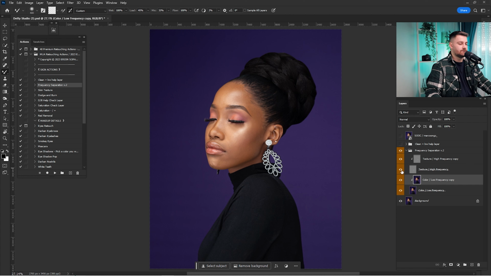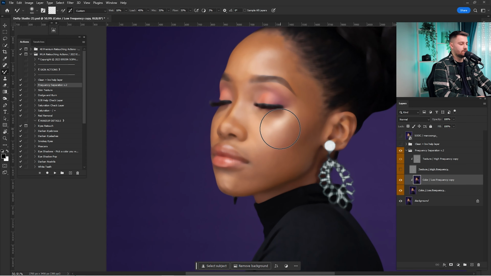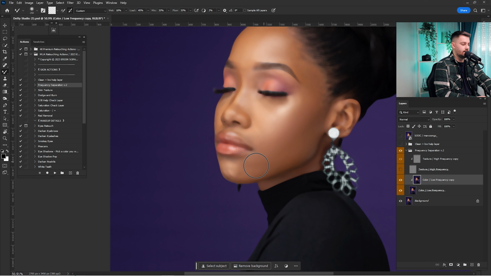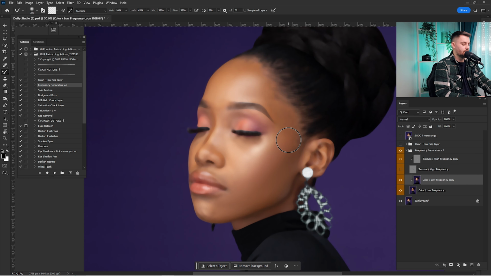So I'm just going to turn off the texture right now and click here on the mixer brush. The settings for this portrait that I'm going to use are 10% wet, 45 opacity, mix at 33, and flow at 33. And just zoom in where I want to start mixing the skin tones and everything else. So make sure to do this process as slowly as possible because we don't want to ruin the colors of